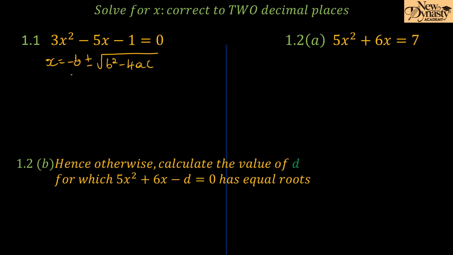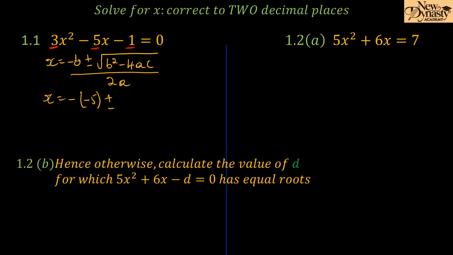You are familiar with this formula, divided by 2a. Please do not forget the division by 2a. Therefore your x equals, you substitute the values of a, b, and c. You've got your values here. This is your a value, your b value, and your c value there. So your formula has got a negative sign, so you put a negative sign, and your b also has got a negative sign because your b is negative 5. So you also put the negative 5, in brackets because you are substituting,